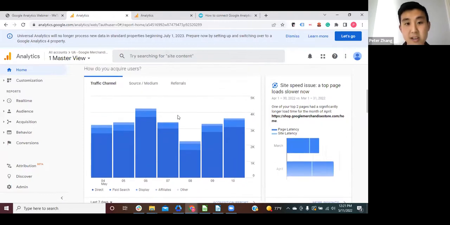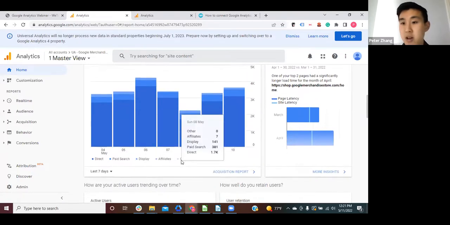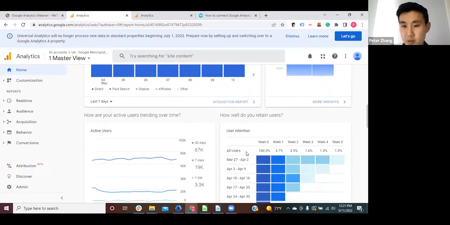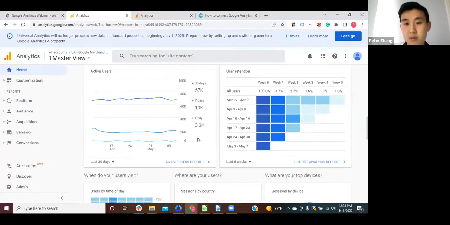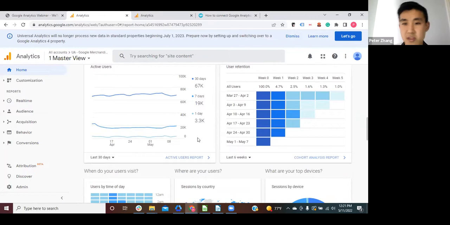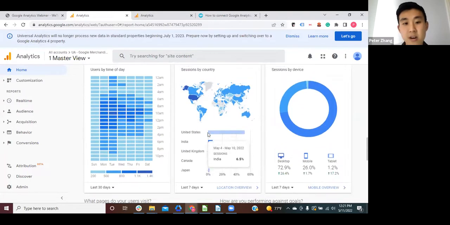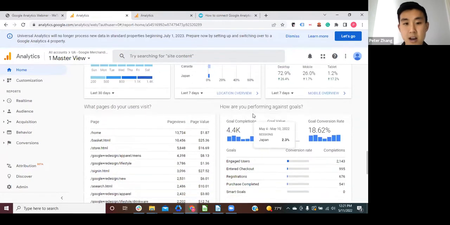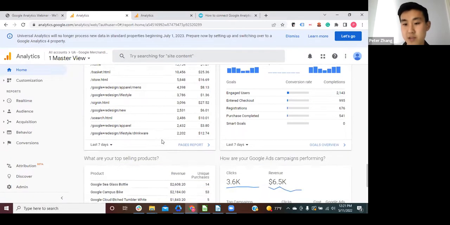So here is dealing more with acquisition. So what channels are people coming from on different days, which you can modify as well. There are some page speed insights, things that could be improved to make your page work faster. And then there are reports more on users. So are people coming to your site and doing things, or are they just leaving your website? How often are they coming back? What time of the day, what country, what city, what device are they using? And also a lot more content on your website or goal conversions.